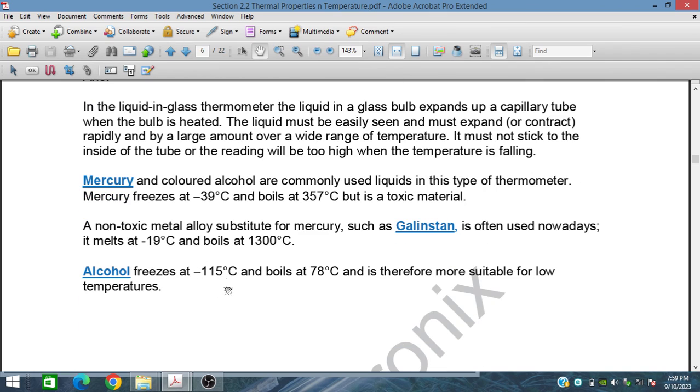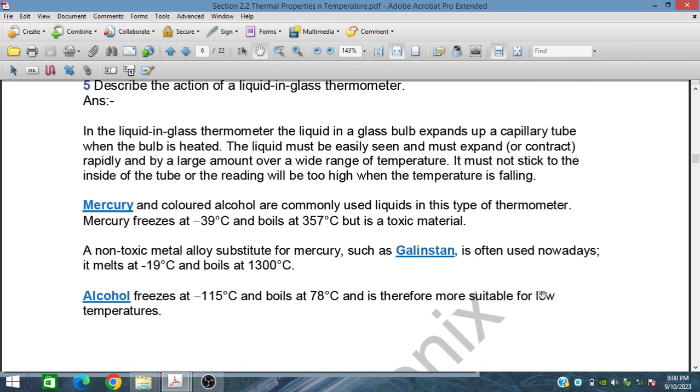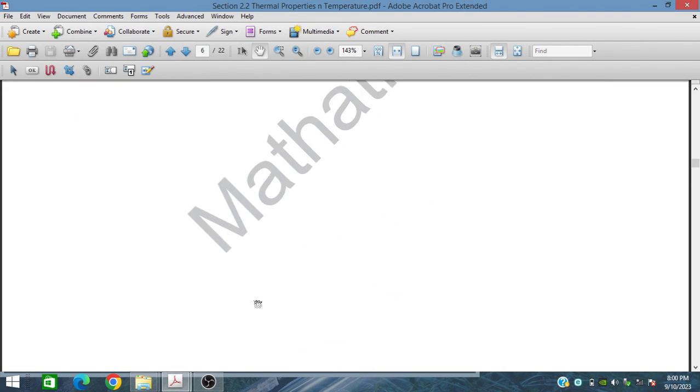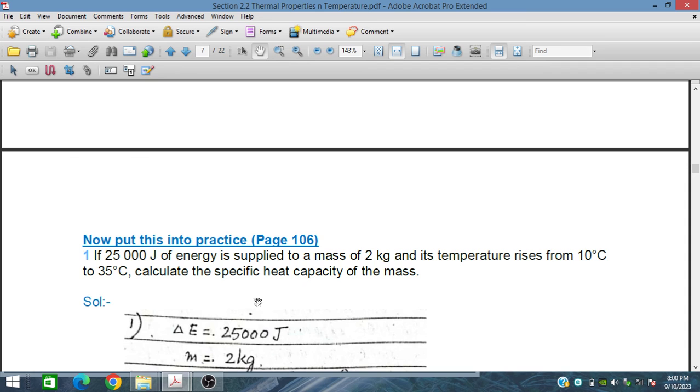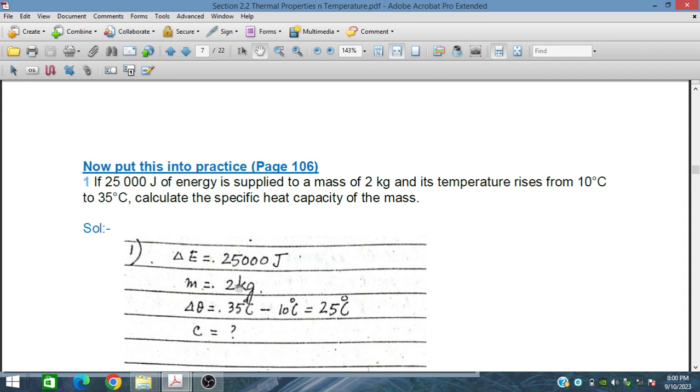Alcohol freezes at -115 Celsius and boils at 78 Celsius, and is therefore more suitable for low temperatures. So alcohol type thermometers are used at low temperatures. That's all for this part, and in the next session we will discuss some